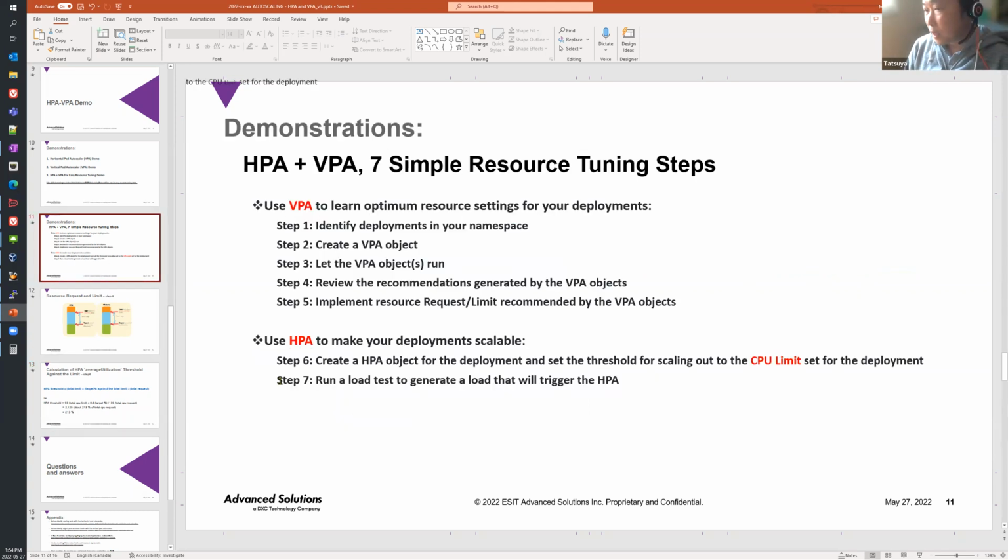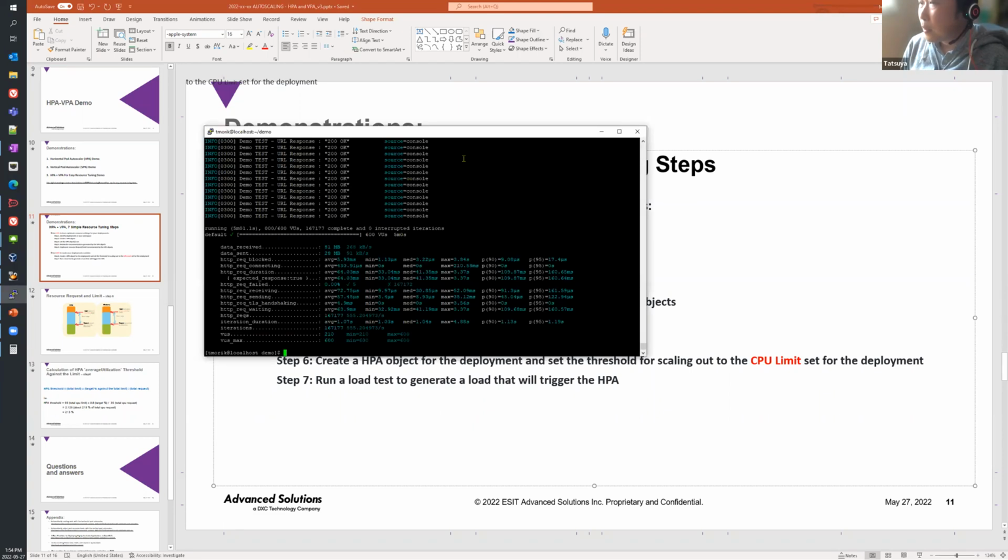Okay, last step. Check whether the HPA is going to work or not, and whether your application load test is okay or not. So hope it works. I prepared some really simple K6 load tester, just hitting